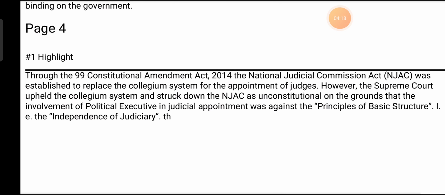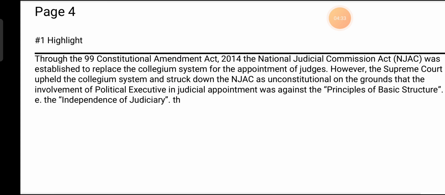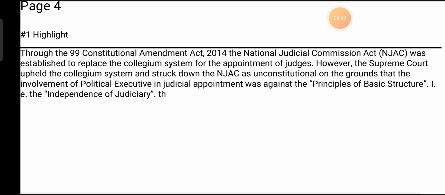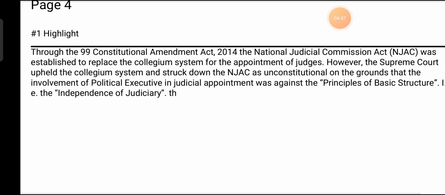Through the 99th Constitutional Amendment Act 2014, the National Judicial Appointments Commission (NJAC) was established to replace the collegium system for the appointment of judges. However, the Supreme Court upheld the collegium system and struck down the NJAC as unconstitutional on the grounds that the involvement of the political executive in judicial appointment was against the basic structure, that is, the independence of the judiciary. ठीक है, तो 99th Constitutional Amendment Act 2014 में लाया गया था, जिसे NJAC बोलते हैं,